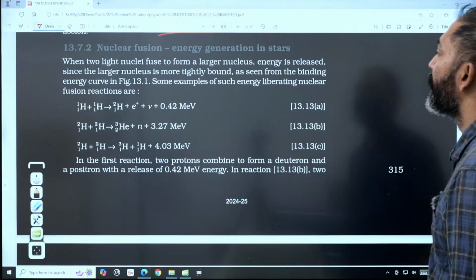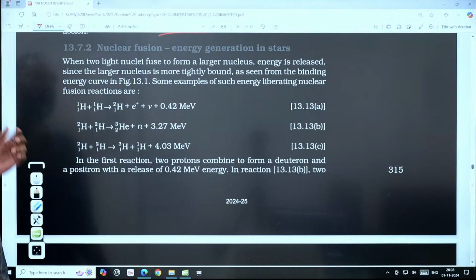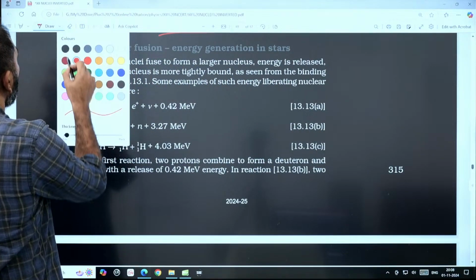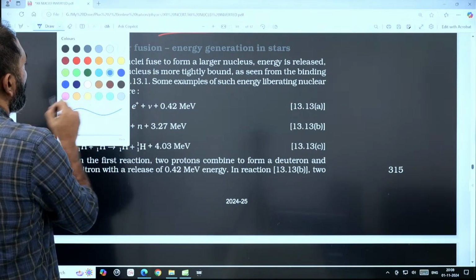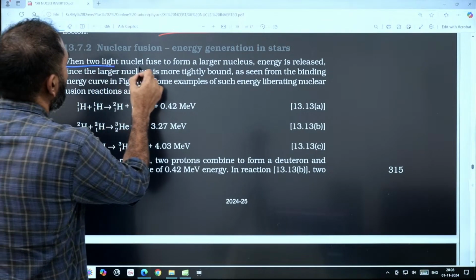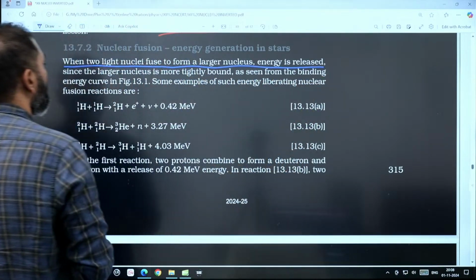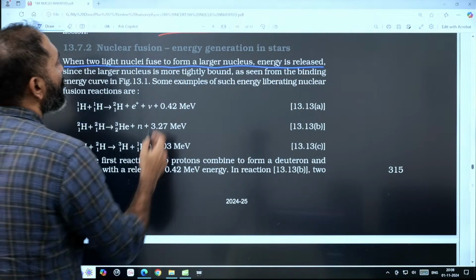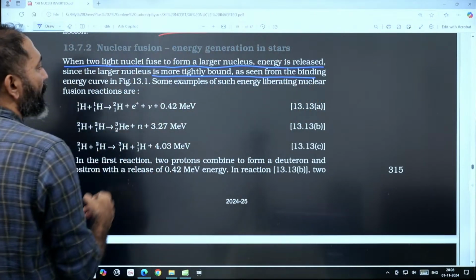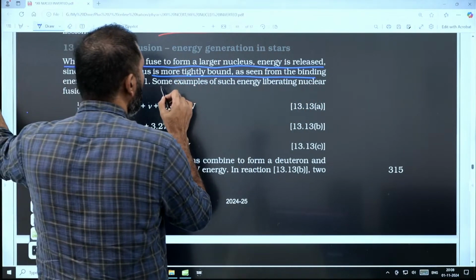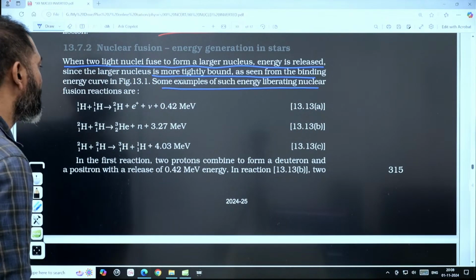Next, nuclear fusion, energy generation in stars. What happens in fusion? When two light nuclei fuse to form a larger nucleus, energy is released. Since the larger nucleus is more tightly bound, as seen from the binding energy curve in figure 13.1, we know that some examples of such energy liberating nuclear fusion reactions are